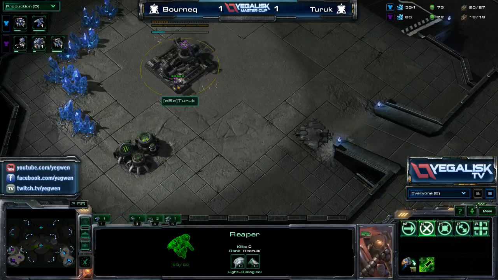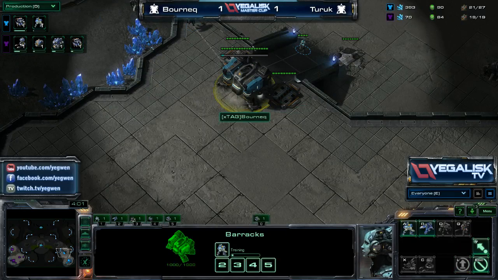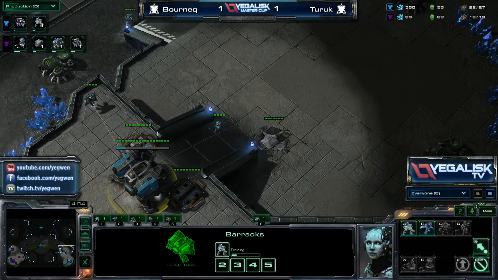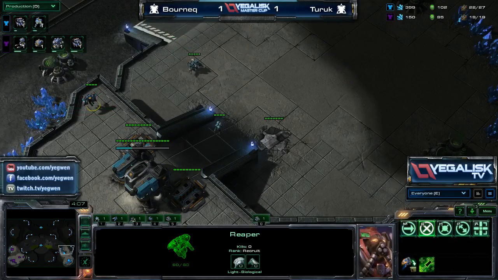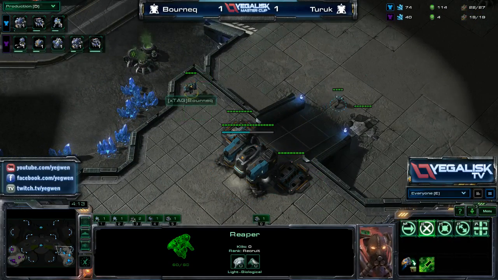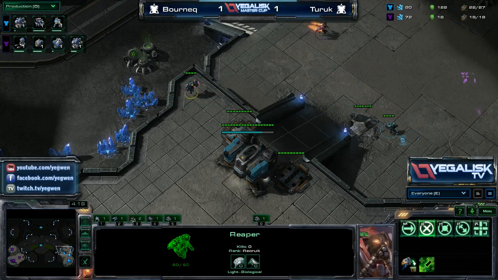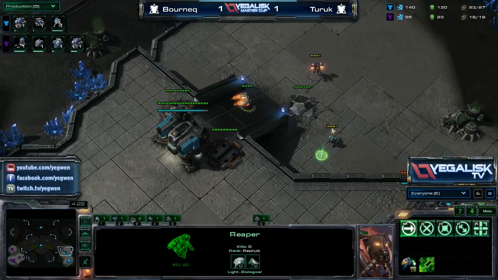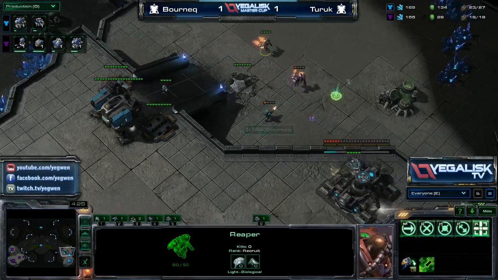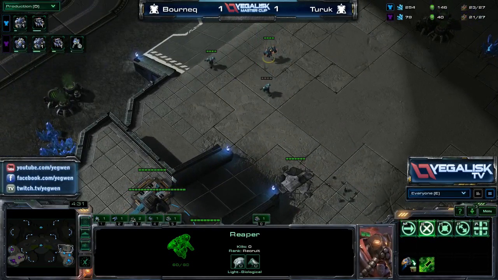So we have a Reaper opening from both sides, and Turuk is already going for an expansion on his natural, building it straight up where it should be standing. And here Bourneq is just guarding his main. This Reaper is not very Reaperish, since he is defending the base instead of ripping the opponent apart. Alright, we're going to see an attack here. Reaper dancing with Reaper. That's not good for Turuk, as a Marine does take a little bit of damage, but